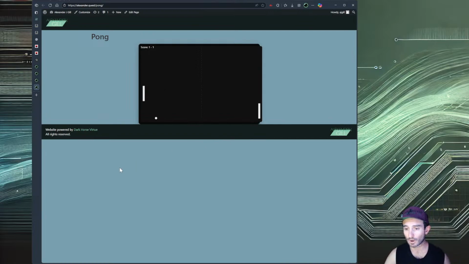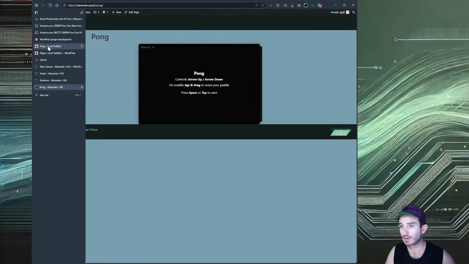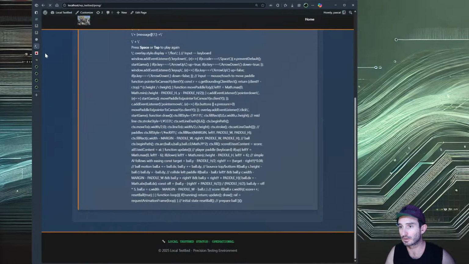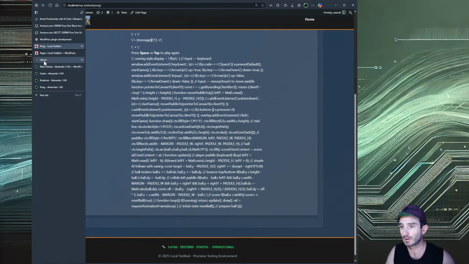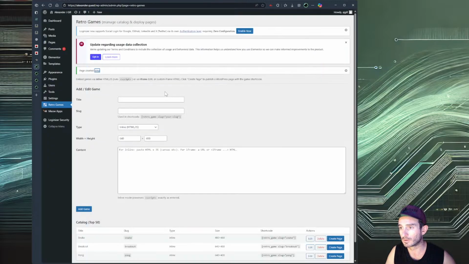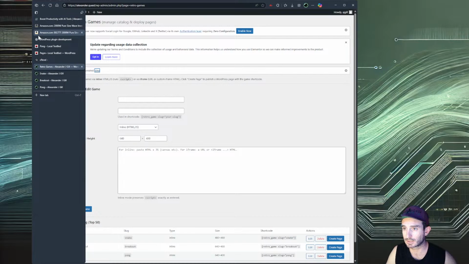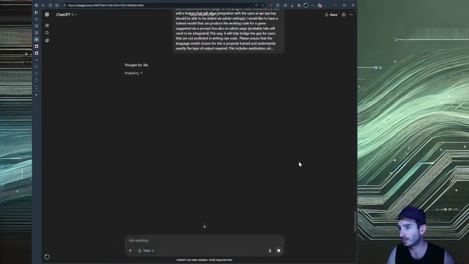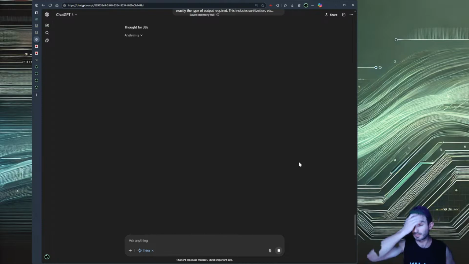So what I've done is I've gone back, and I'm going to let this one die out. It's here too. No, that's the old one. So this is the plugin page. So what I asked GPT-5, it's doing everything right up until now, but now I want it to give it the real magic, and that's where you can just add as many games as you want. So if you could think of a game, you can add it. So Duck Hunt or whatever.